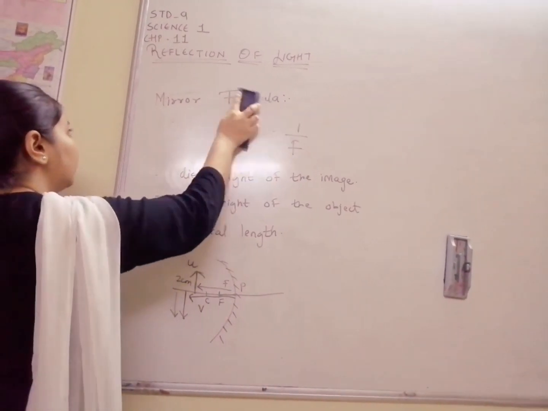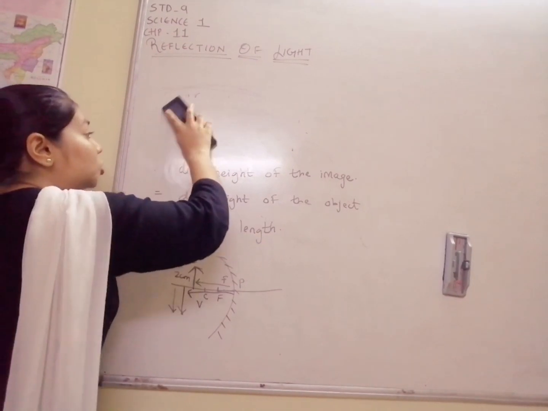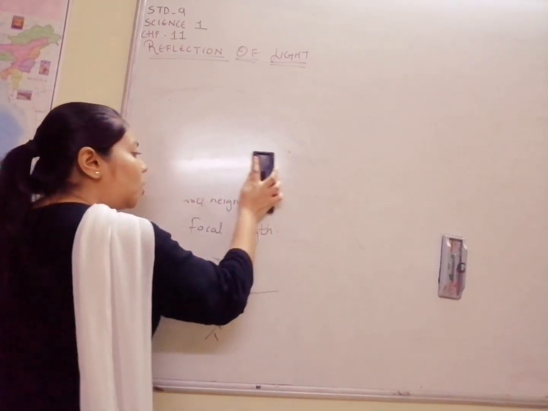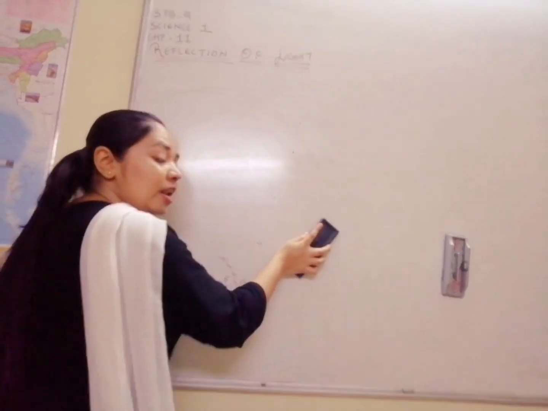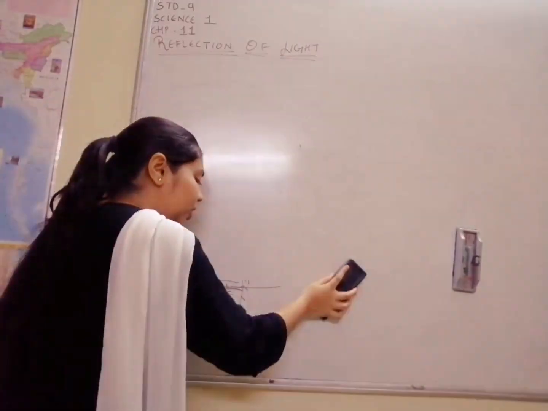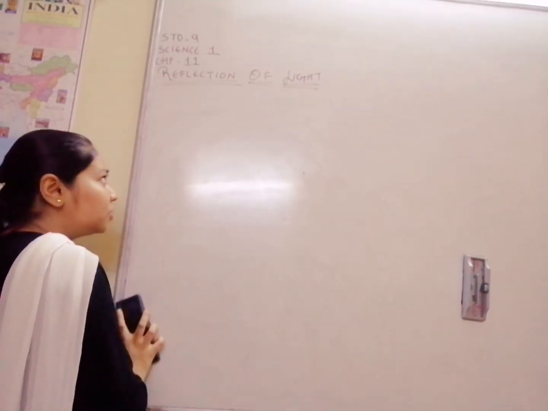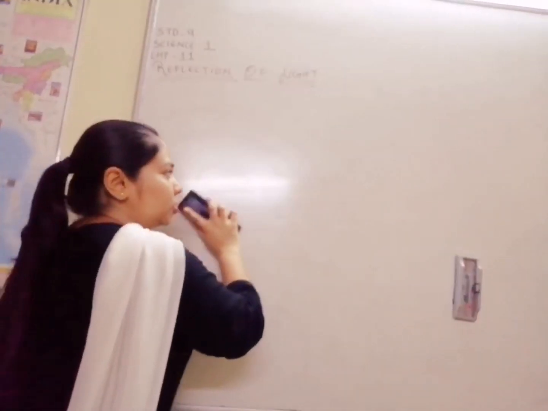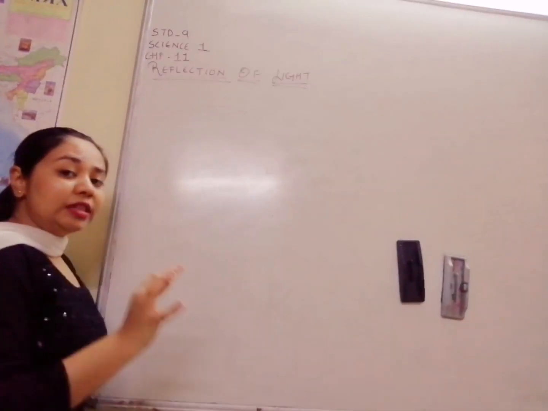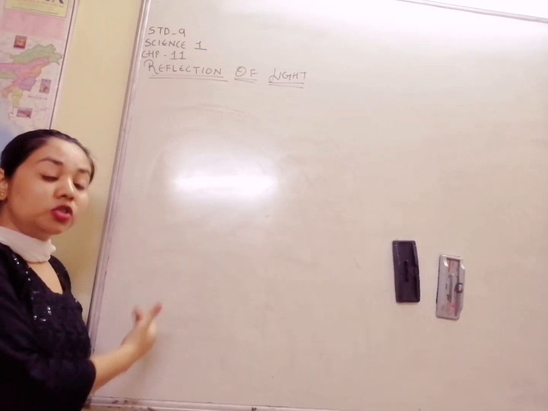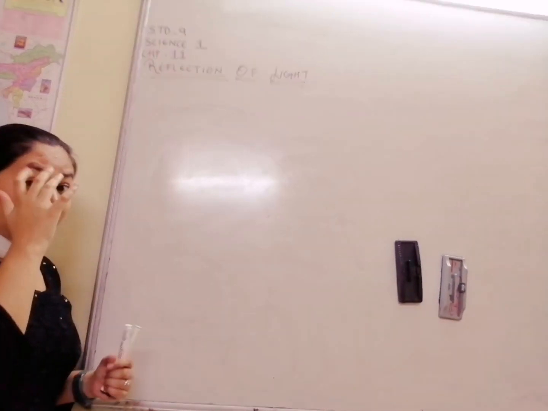Very, very important while solving the sums. So in this particular formula, you need to keep in mind whether your image is forming on the left hand side or on the right hand side. Object distance will always be negative, as we have studied in the Cartesian sign convention that you always have to place the object on the left hand side, so it is always going to be negative.